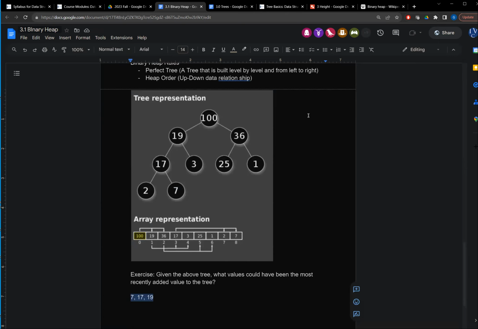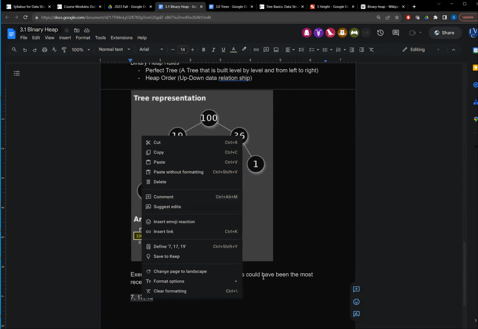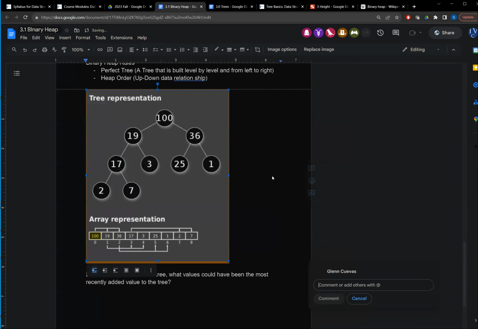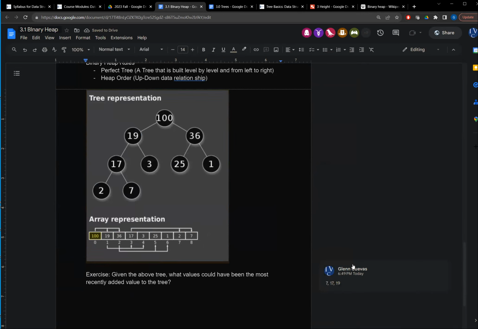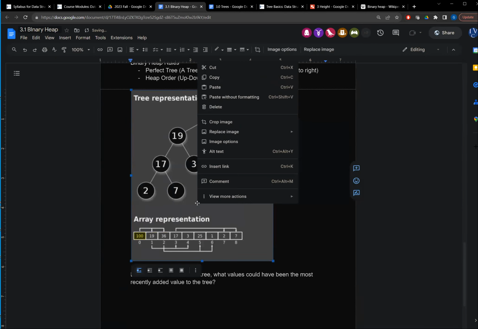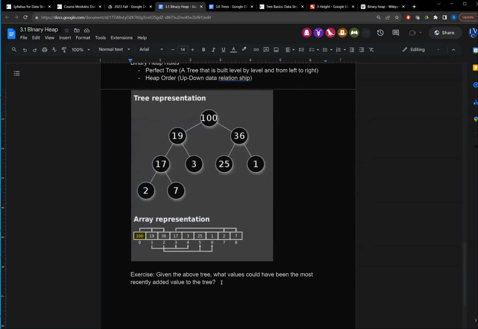Let's see. Well, there's a way to, we'll just put it as a comment. Maybe that will, and that's showing the comments on the right side. Don't want it. Trying to put it here so that the answer is there, but not hidden, so you actually have to think about it. Whatever. I guess we'll have to leave the answer in the Discord when we discuss